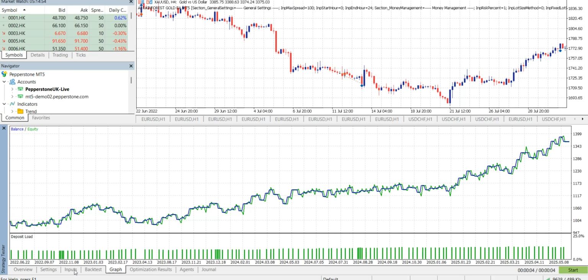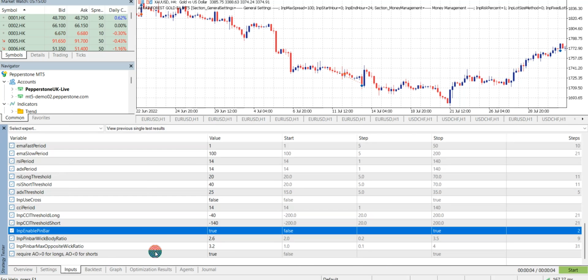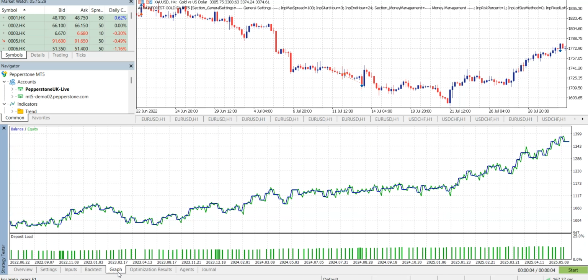The EAs and the strategies that are not robust are just over optimized. When you add a pin bar to them, usually they get worse, they go down, because over optimized strategies tend to be good only with atomic preciseness, the same parameters, same values, same indicators as it was optimized. And with this you can easily see that since the strategy is not over optimized, it is a pretty robust system, even though we are only at the beginning.